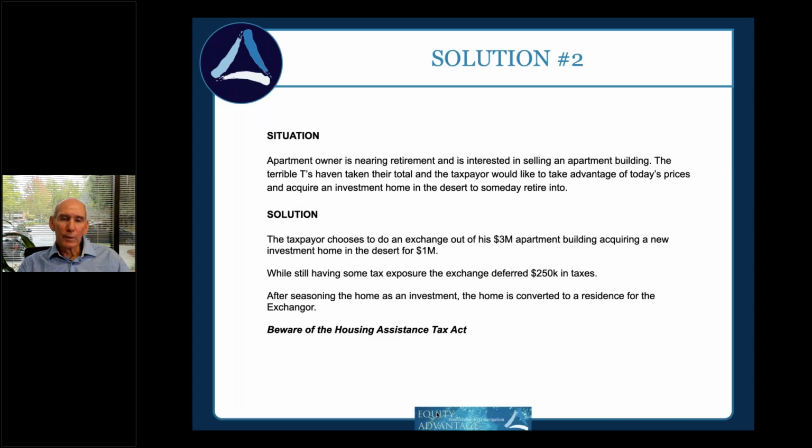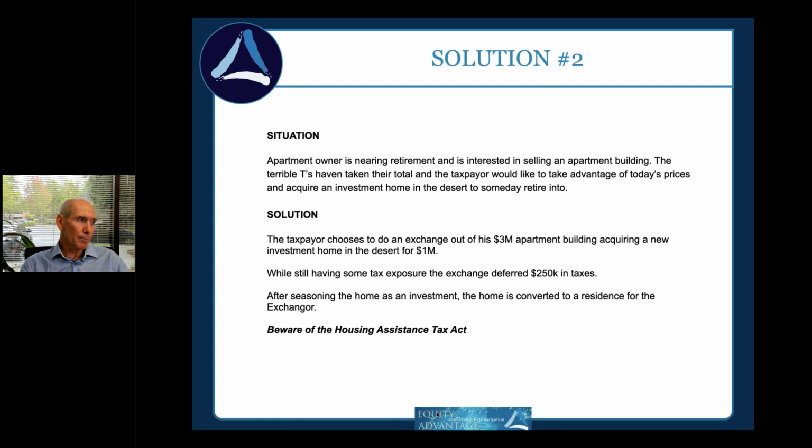So this is an example just of a delayed exchange partial. Remember, 1031 is not all or nothing. So in this situation, the guy wanted to pull some money out, and they gave up a relinquished property, $3 million, bought a replacement property of $1 million. And so you're thinking, gee, $2 million in boot, that's a lot of money.